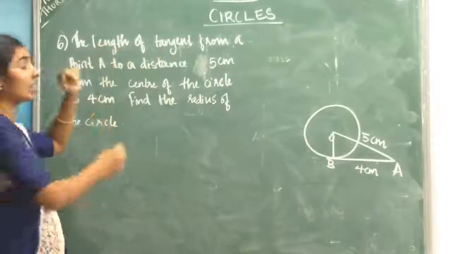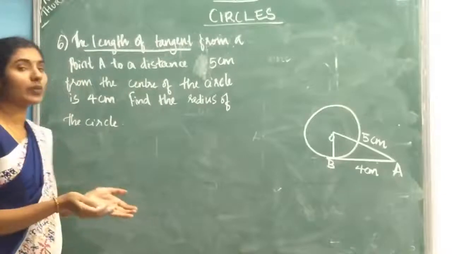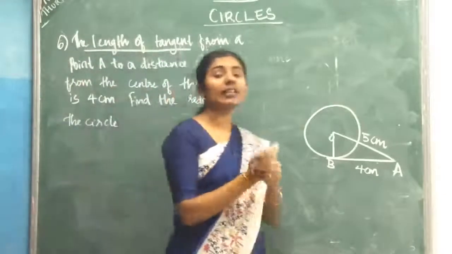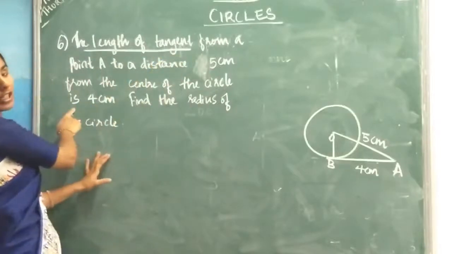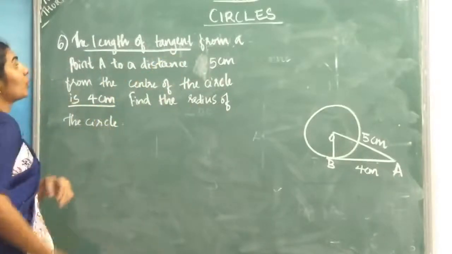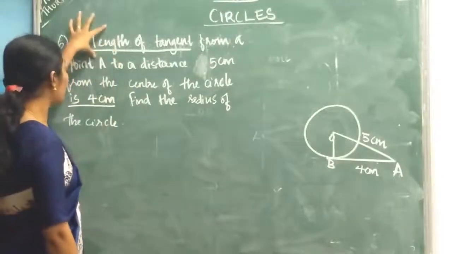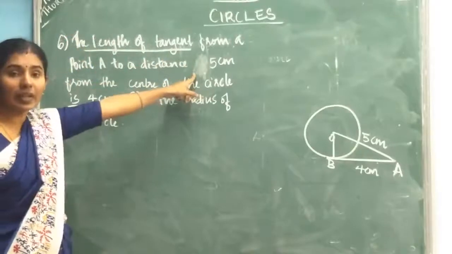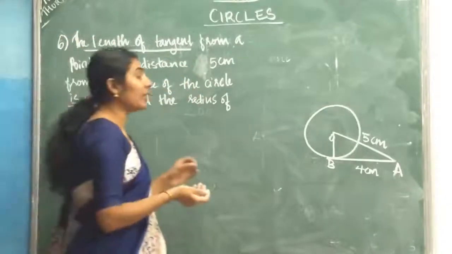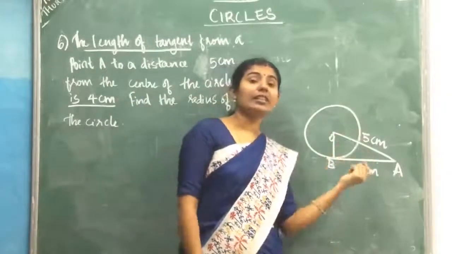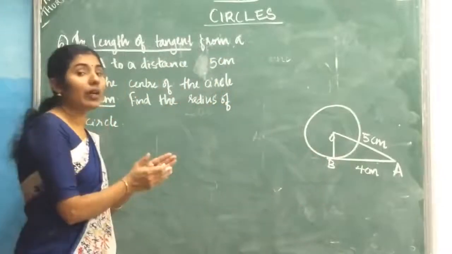First, you read the words "the length of tangent." So you know there is one circle and they have given the length of tangent. The length of tangent is 4 cm. How can you understand the question? See the first part: the length of tangent they gave, and this ending line is 4 cm. So they gave one length of tangent, 4 cm, isn't it? So first of all, what should we do?